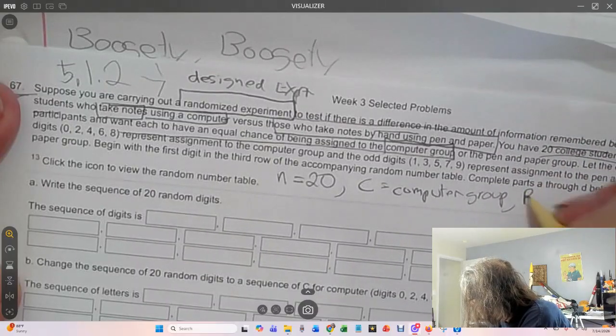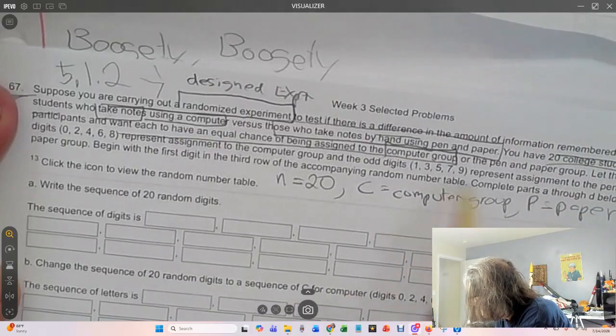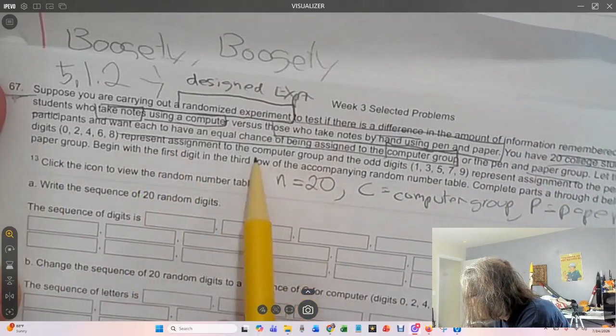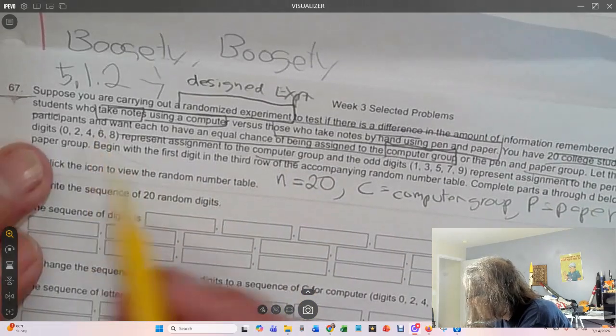And paper is the paper group. Paper and pencil handwritten notes, okay? See, we have a paper group. And then we have a computer group. Notice that